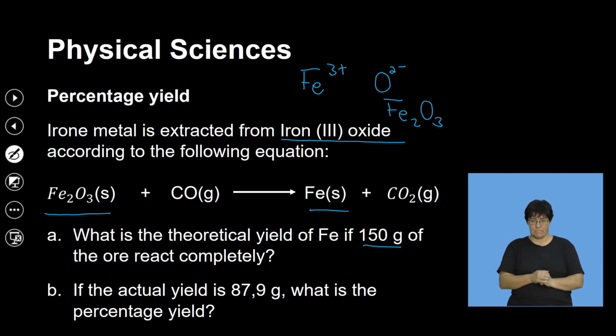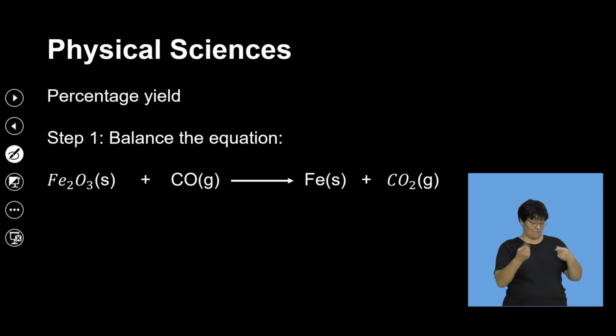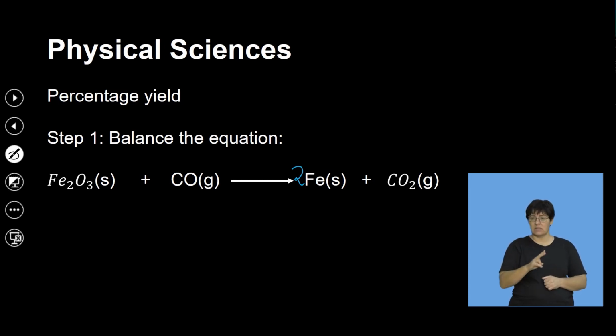But before we do that, first of all, we need to actually balance the equation, right? So in balancing the equation, that's the first step. How many atoms of iron do we have on the left? It's 2. So for us to balance, if we put a 2 there, it looks okay for iron for now. And then if we go to carbon monoxide versus carbon dioxide, because both of them actually contain carbon. Our focus is not so much on the balancing, but balancing becomes an important part of our problem solving. So if we have, let's say, 3 here, and then also another 3 there,